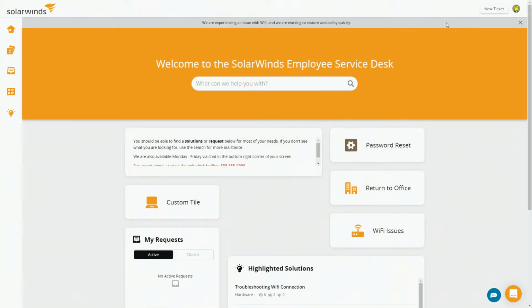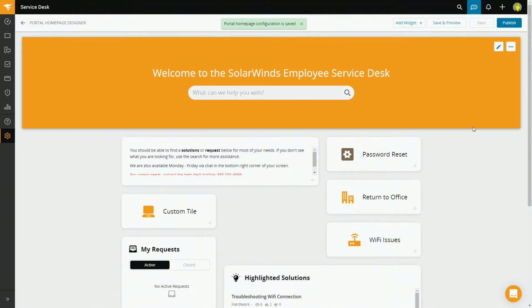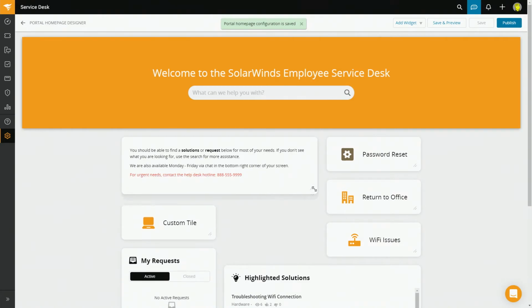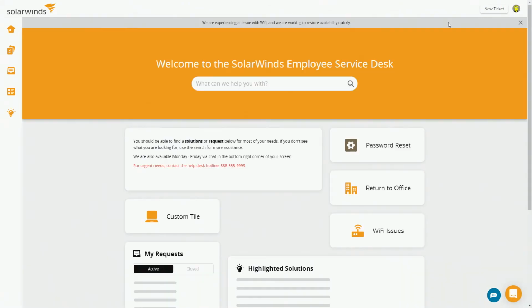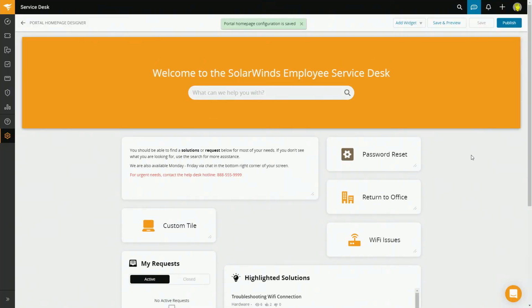And that'll jump you to a new page where you can actually see what it looks like. Well, that's not quite right. So we can just go back. Enlarge that slightly. Save and Preview. Now I'm happy. Since this configuration's been saved, I can share this out with other people and get their input on it as well. But when I'm ready to make it live, I just hit Publish.